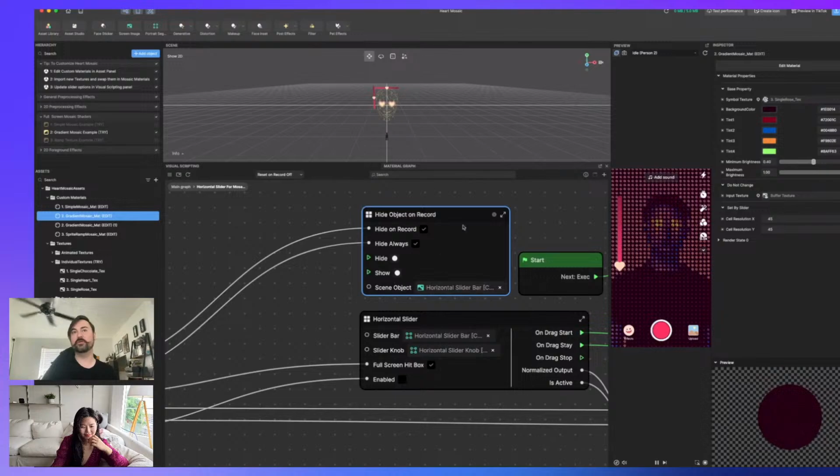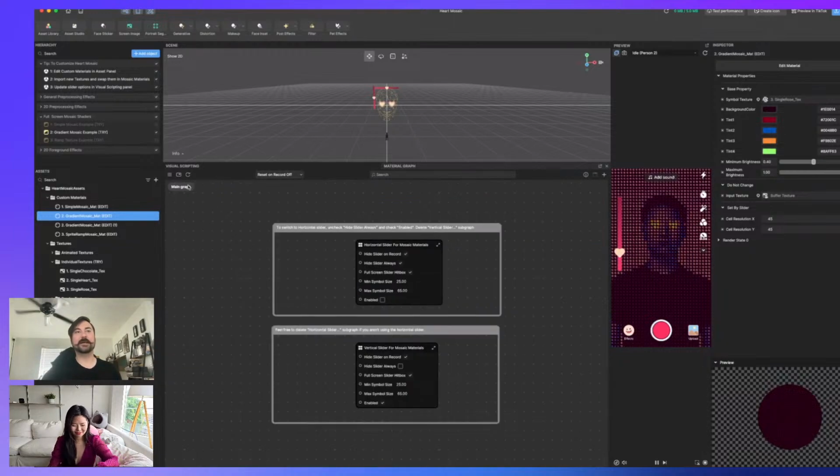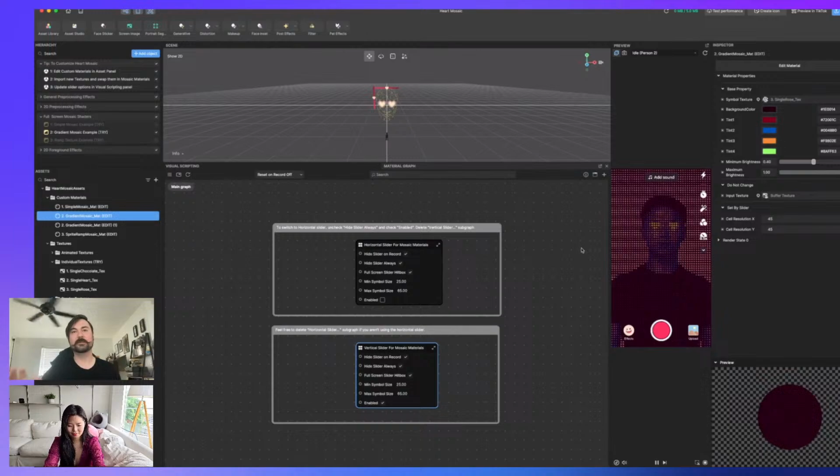Like this slider, maybe you would want to tweak it so that it looks exactly like that. And you want to be able to come back and switch it later, but you don't want that slider in your final effect. Then you'll just click hide always, and then it's just never there. Yeah, and if you want to switch between horizontal and vertical, you can just disable and hide. And now we have a horizontal slider that works. It's as easy as that.